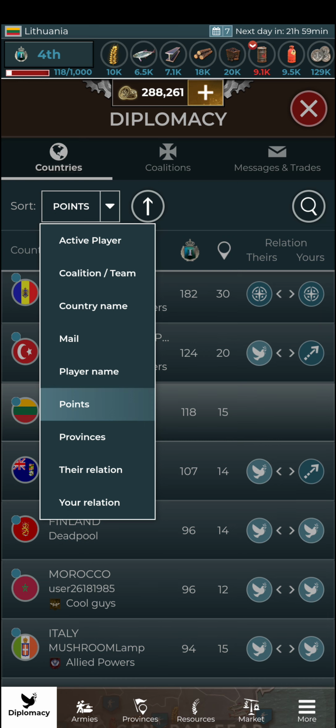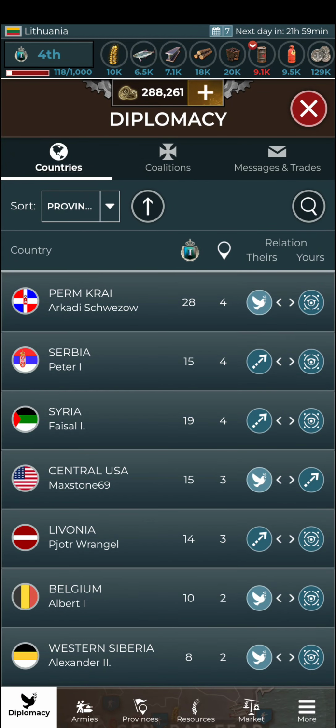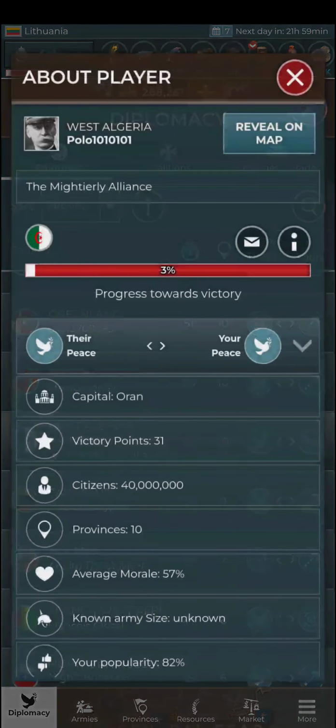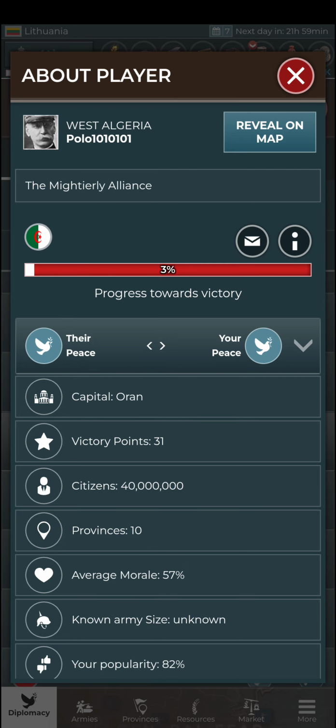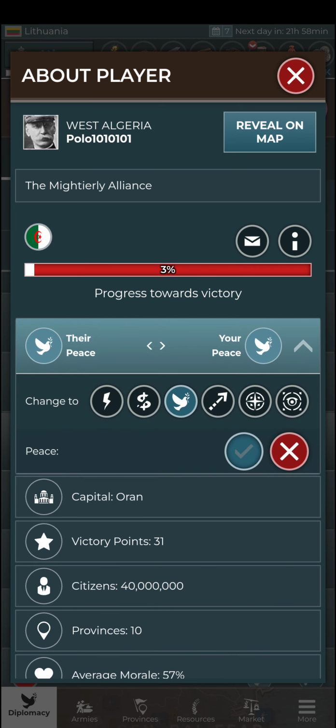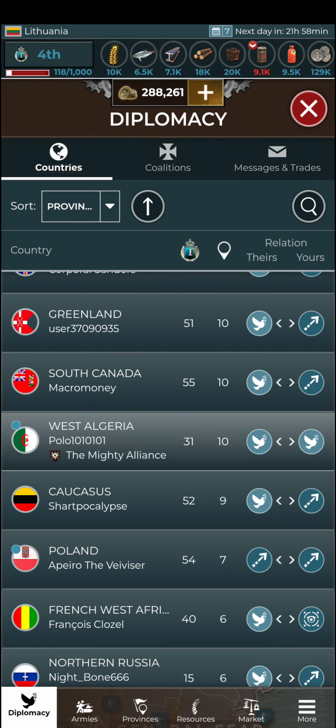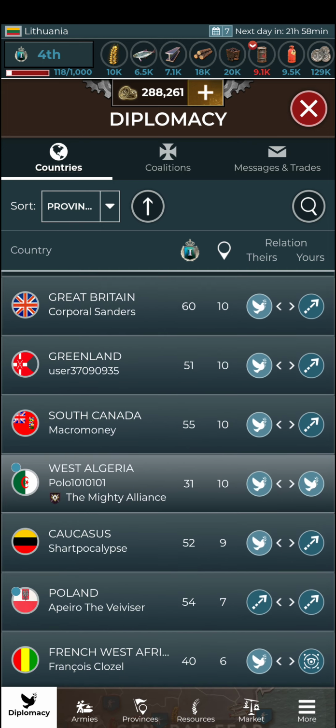Usually what I will do at the very beginning is it's already set by points or provinces, and you scroll all the way down to set your relations with AI to share map. And the way that you change your relations is you push the little button. You select them. It brings open this pop-out window, and then you click where it says your piece, and you can change it to, I want to give shared intelligence, shared vision, right of way, embargo, etc. And then you click the check mark to set it. I'm going to click the X so that I'm not giving West Algeria right of way or anything like that. But you can set the different